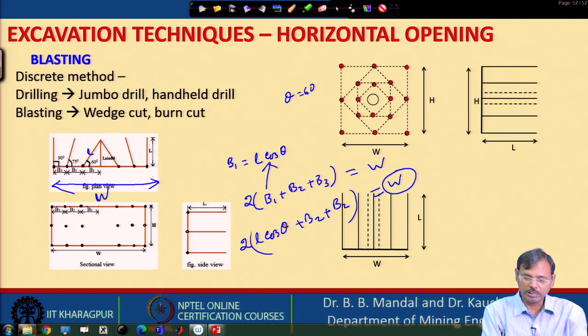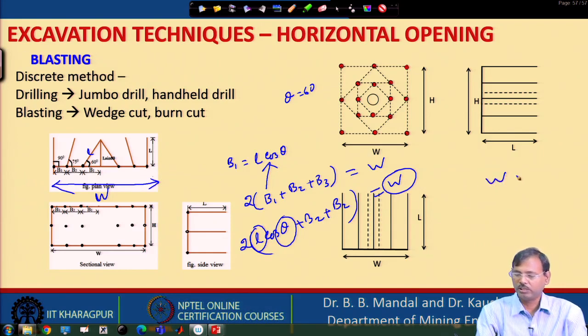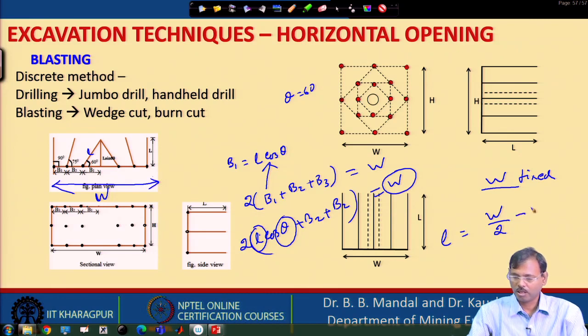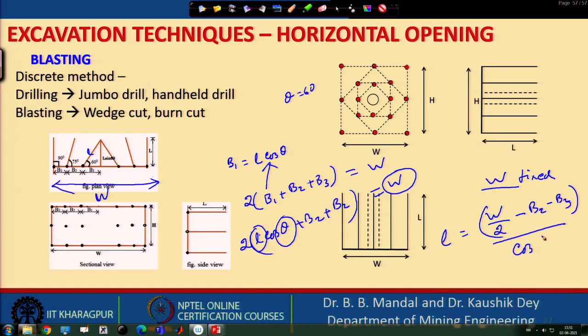So, W is basically depending on L and theta. That is why, as our W is design fixed, we know our width of the drivage is W. So, this L is basically depending on it. This is the dependency. So, that is why we cannot go for increased L if we are practicing the wedge cut pattern,